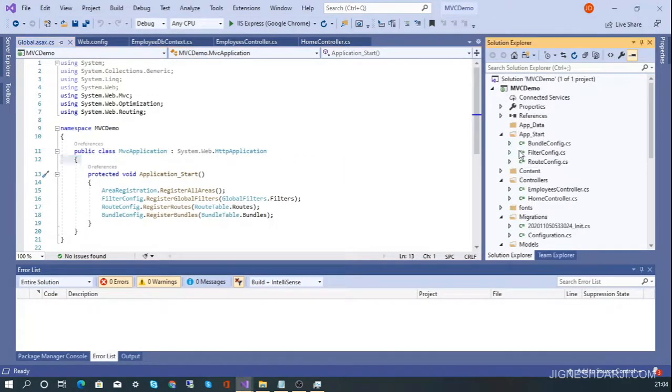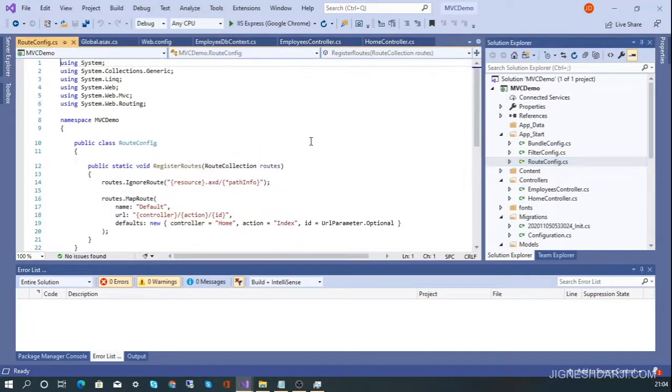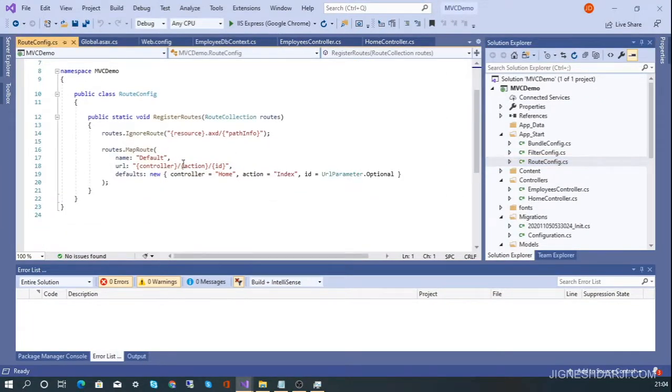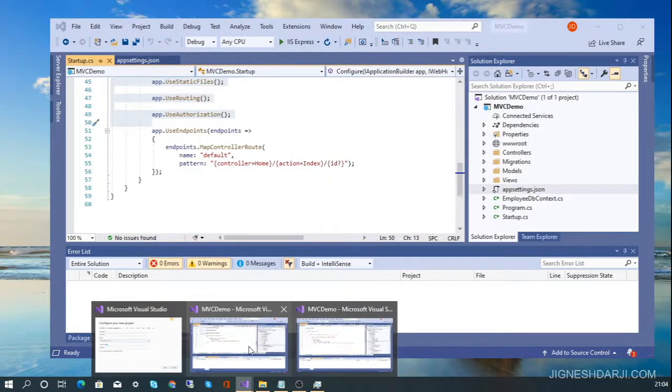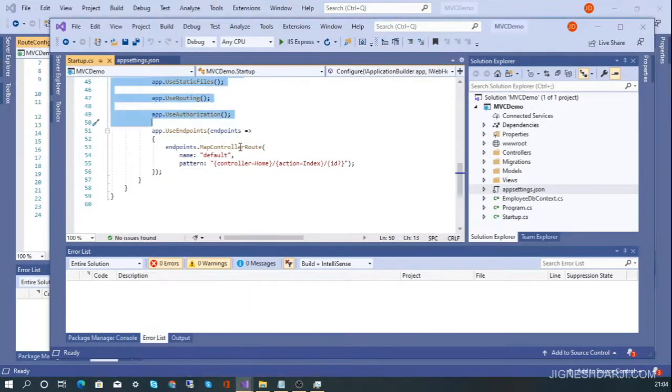When we check the startup, we have the routing config, and we already have a default map route over there, that is controller slash action slash id. So this is already set in this startup.cs file. If you have multiple routes, you can also configure those routes over here.